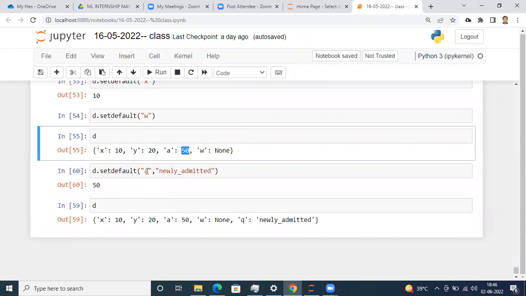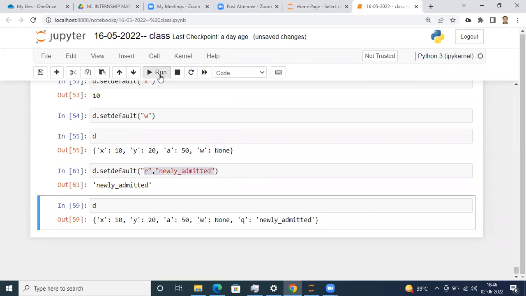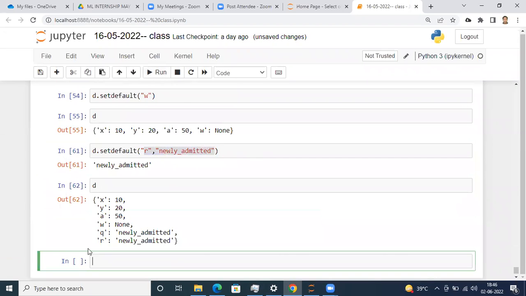But again, if I mention somebody else, suppose this time R. So Mr. R is not there. If I execute this, I will get a new dictionary, new key value pair, R and newly admitted. And you can verify this. See,